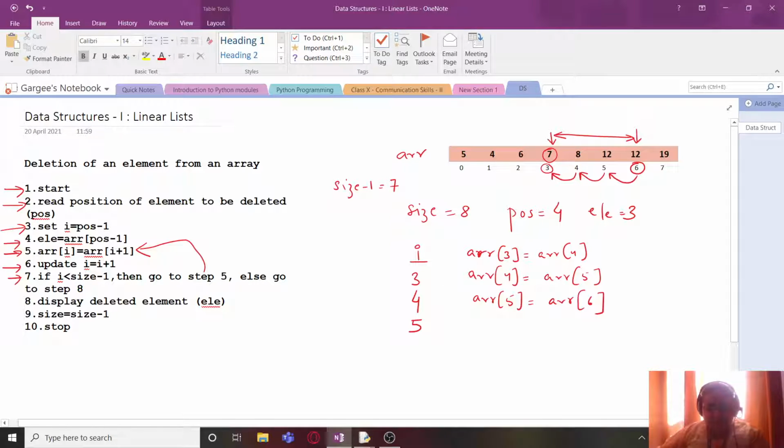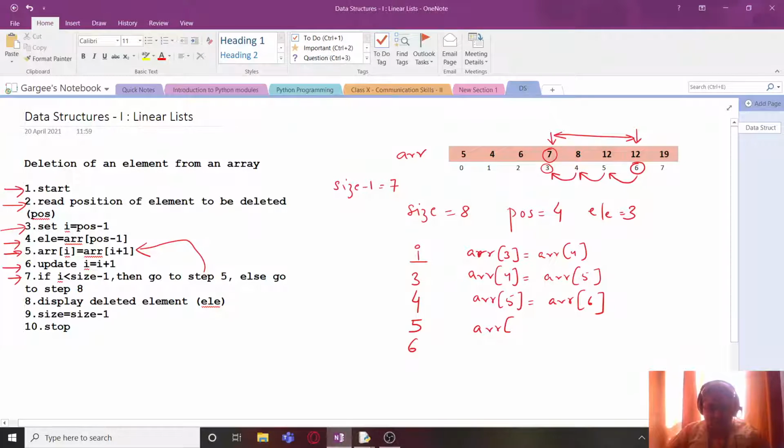And again update the value of I, which becomes 6. If I is less than size minus 1, 6 is less than 7, yes, go to step 5 again. So because it is 6 now, it will be ARR 6 equals ARR 7.